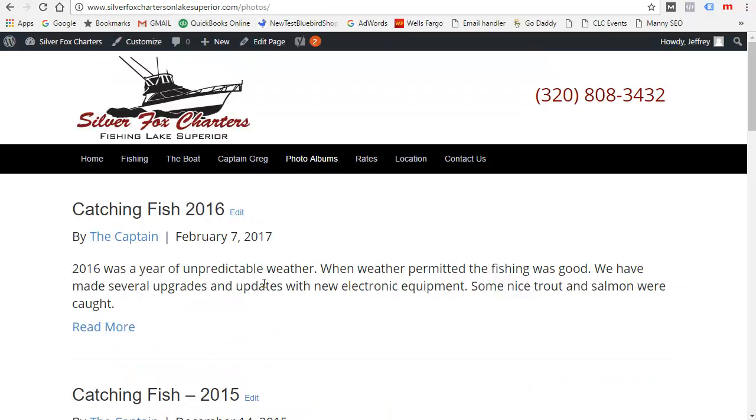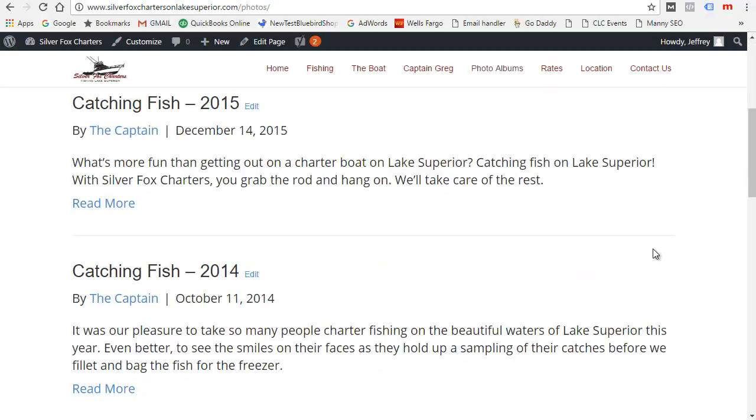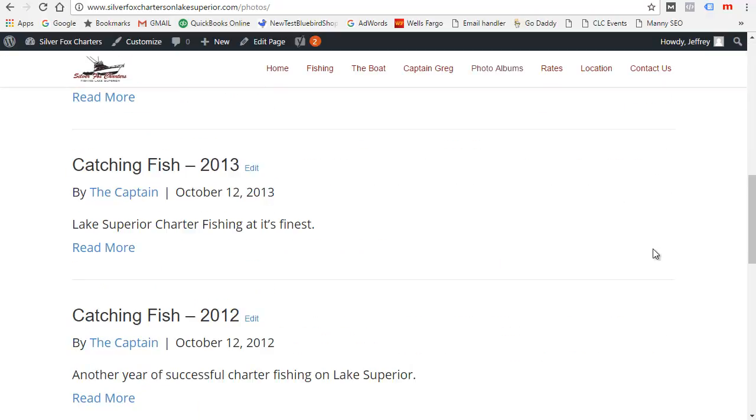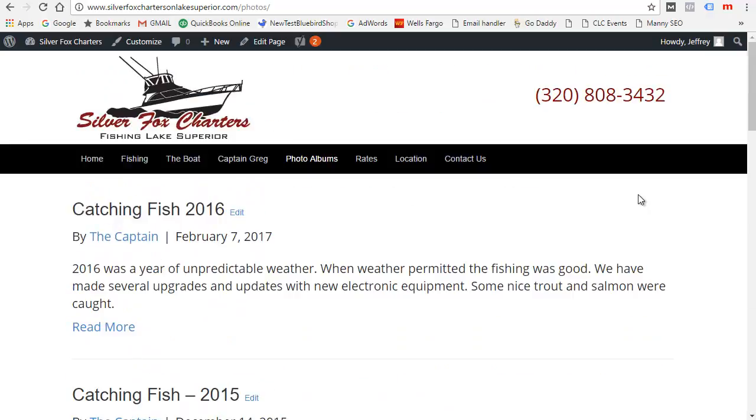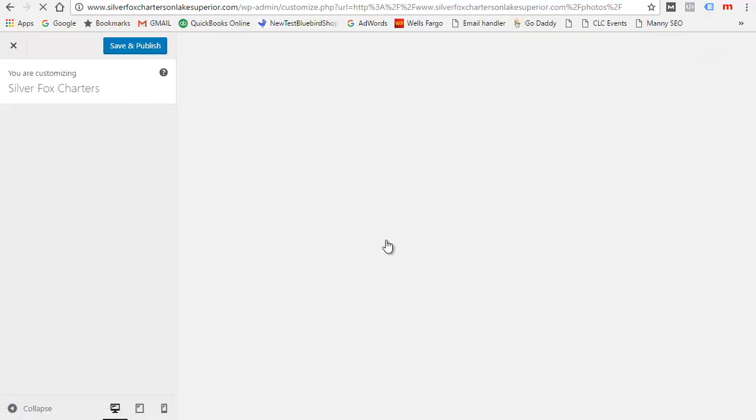Okay, since I changed the blog layout, notice when I go to the photo albums page, the sidebar is not there anymore. So that's kind of the trade-off. So sometimes you may want that, but we can. Let's see, no, we can't really change that. That's all changed from here, this customize thing. So if you wanted to change that back,